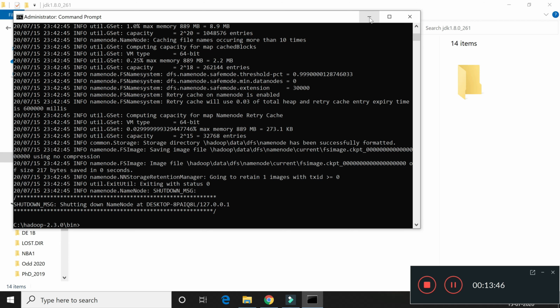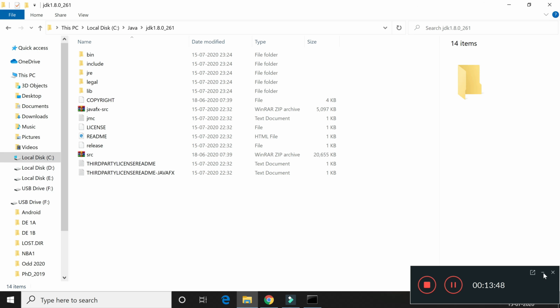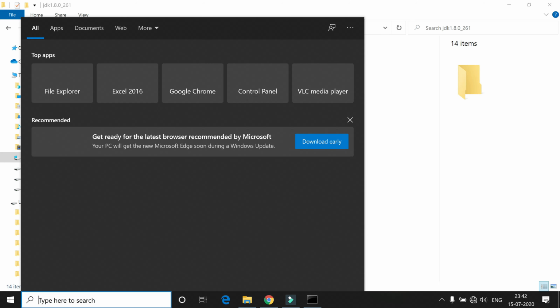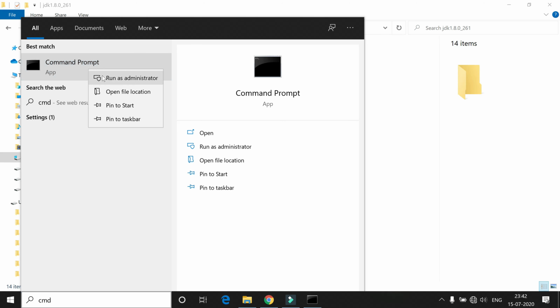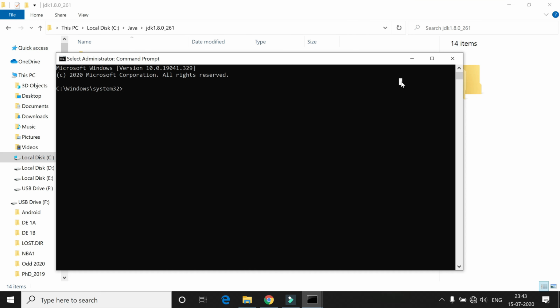Now just minimize this command window and open another command prompt. Once again run as administrator, and go to your Hadoop location.